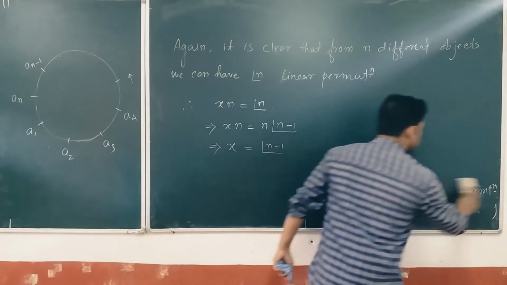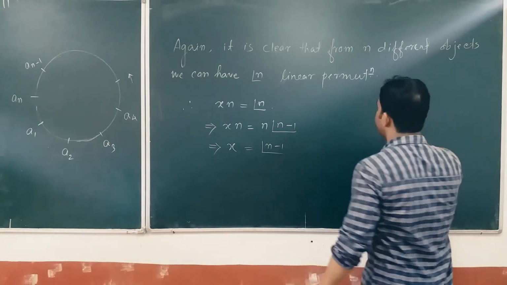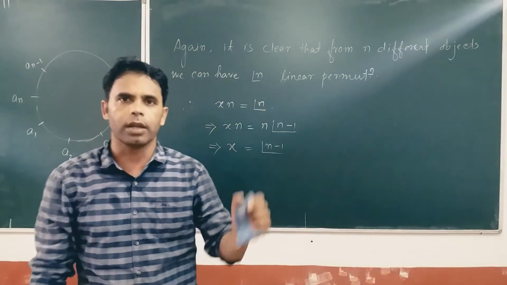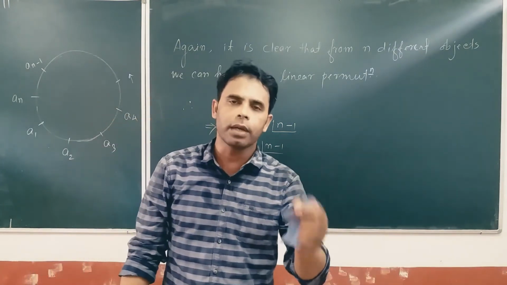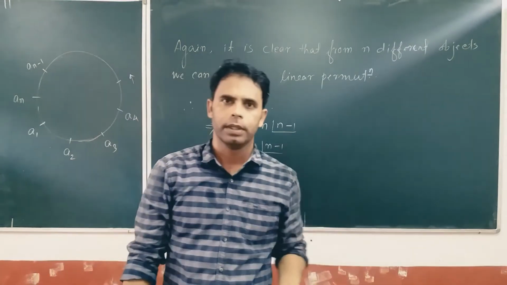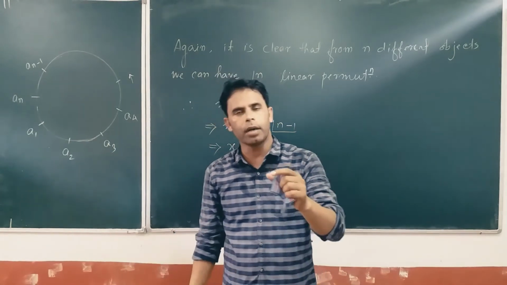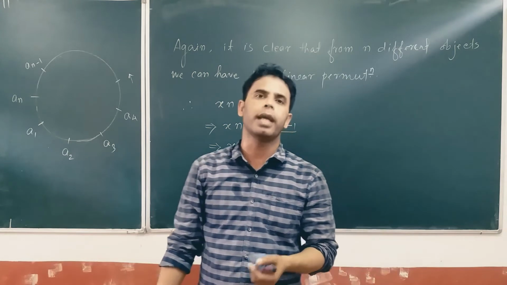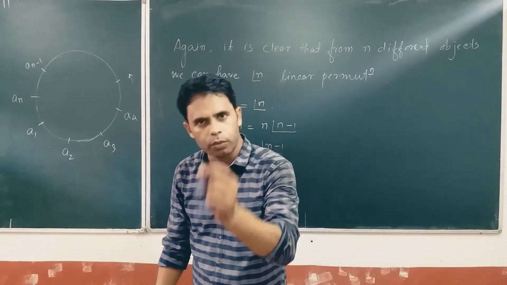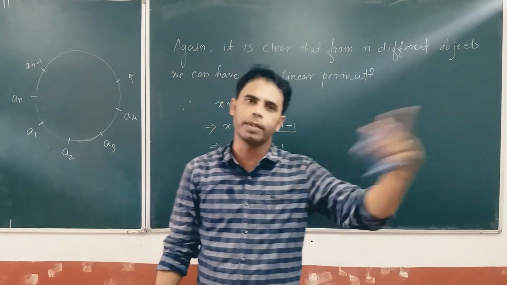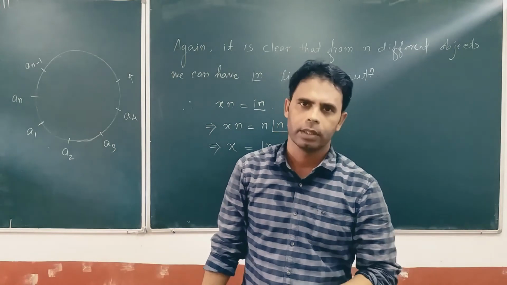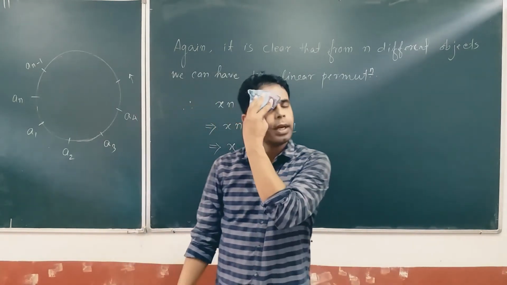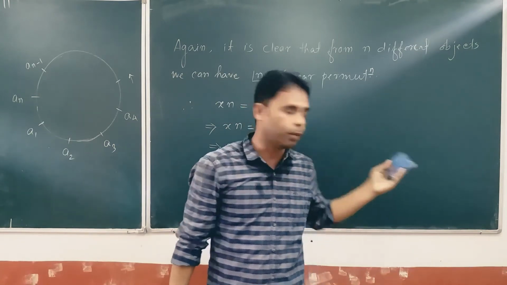বলি আমি গম পালো যে n টা ডিফারেন্ট অবজেক্টস যদি আমার থাকে তারপর আমি factorial of n minus 1 circular permutations পাবো। So if we have n number of different objects, then it is possible to get factorial of n minus 1 circular permutations from that n different objects. So n different object এর পর আমি factorial n minus 1 circular permutations পাবো। গতিকে এটো তুমি মনত ৰাখিব লাগিব।